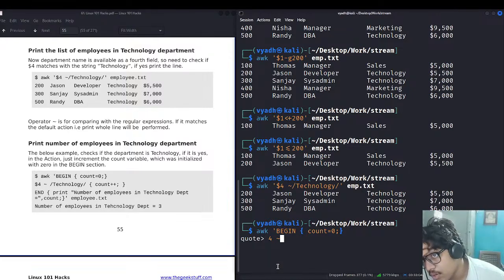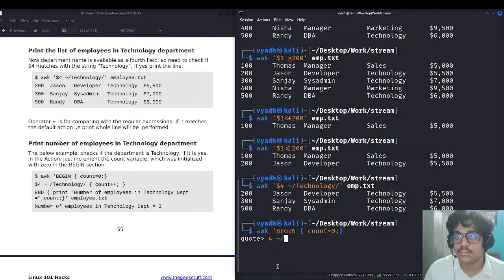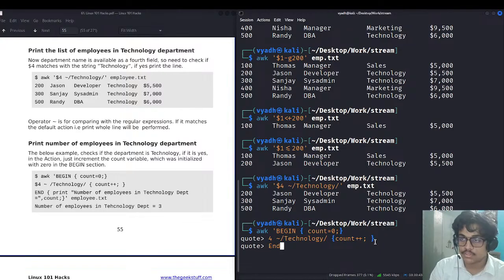Will it work or not? Let's just see, will it work or not. So we will specify technology and just we will be doing count plus plus count, because firstly the count variable is set to 0. In the fourth field, if you found something like technology, so you should be counting it and increasing it till it get over, and just we will be ending this with the